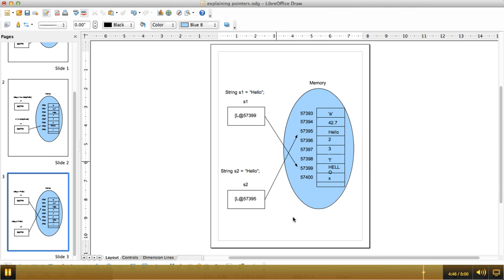Interning strings is more efficient memory-wise because if we have a lot of strings that are equal to the same literal, we're not wasting memory storing